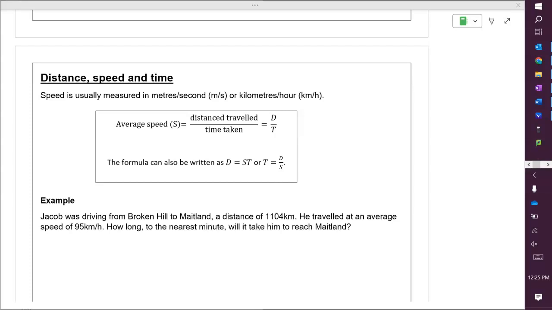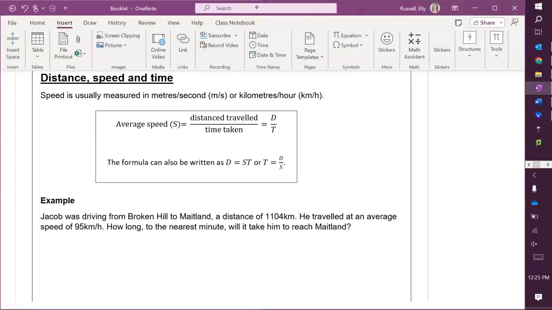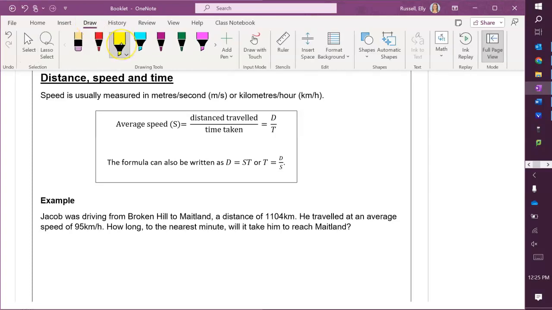Now we're going to have a look at distance, speed and time. Now you may have seen this before, but we're just going to go over it again. So speed is usually measured in meters per second or kilometers per hour. So there's a couple of formula that are quite important to remember for this, and that is, if we're trying